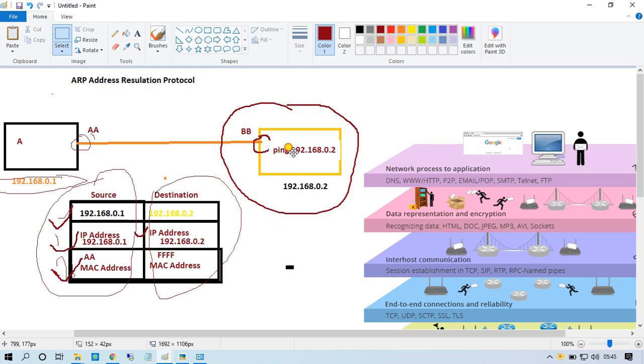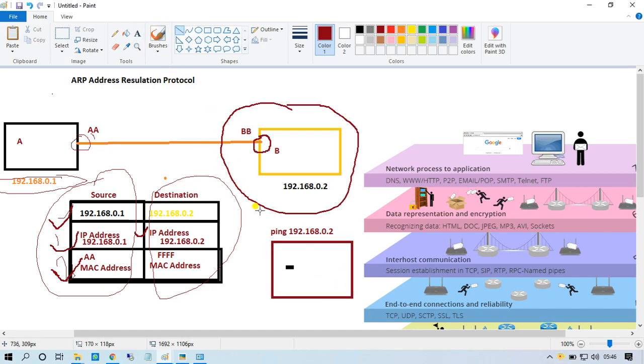Just when PCA sends the ARP request, system B knows its own IP address, and it will add all the information to its system. It will show two types of information.